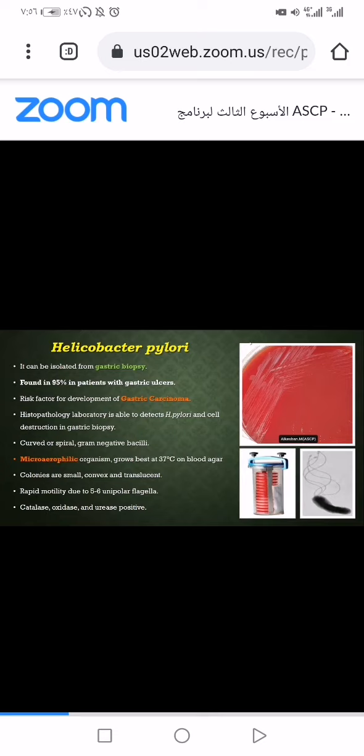Okay, we go now to Helicobacter pylori. Helicobacter pylori can be isolated from gastric biopsy. Okay, so there are many types of